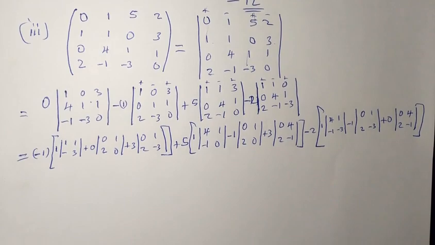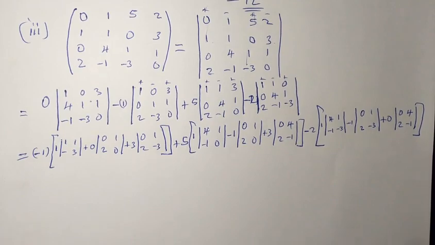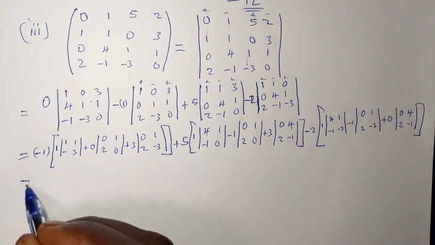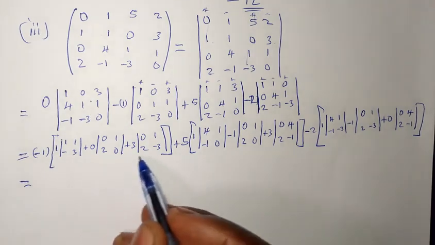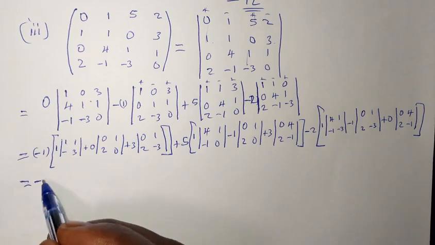Hope you are following. It's becoming complex, but if you are following me gradually, I believe that you are understanding this one. There's actually nothing in it. It's for you to make up your mind that this thing is understandable. So let's proceed. This is equals to, let me deal with what is inside first. So we have minus 1